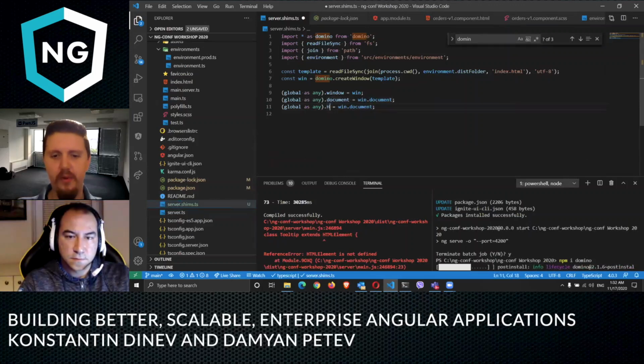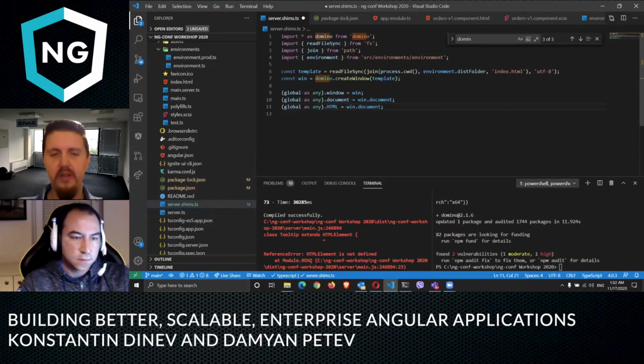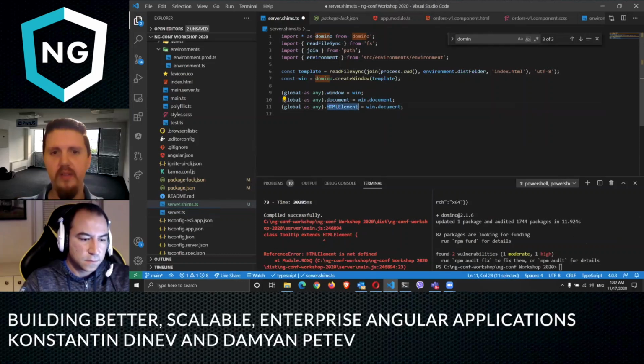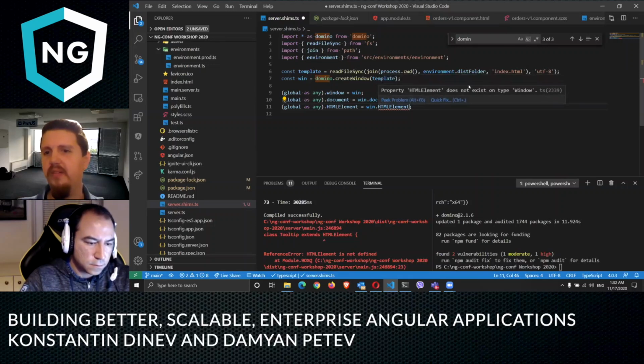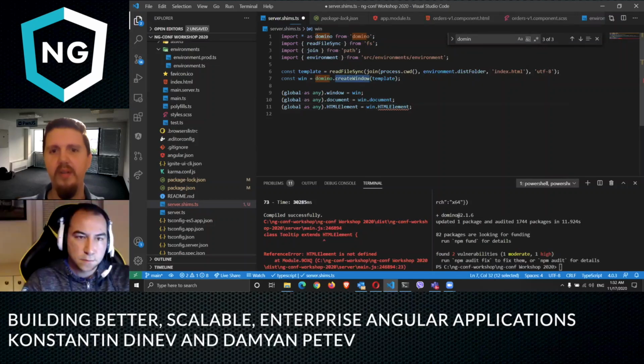And what we were missing for the shims was HTML element. And we want to take that from the window that Domino created as HTML element. Slight caveat with that. It says that property element is not defined on type window. And when you go ahead and look at what Domino does,